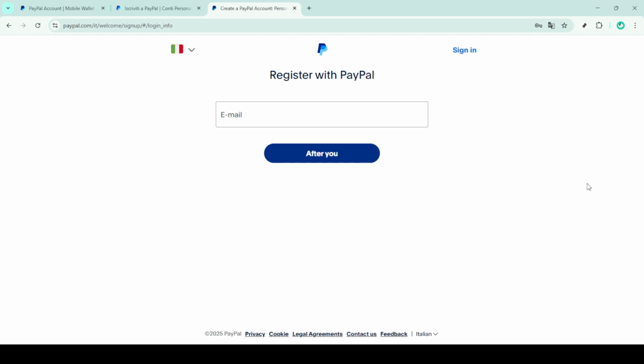Keep in mind, PayPal allows you to explore various features, from making purchases to transferring money across borders. Now that you have your account ready, you're all set to enjoy the convenience and security PayPal provides for all your